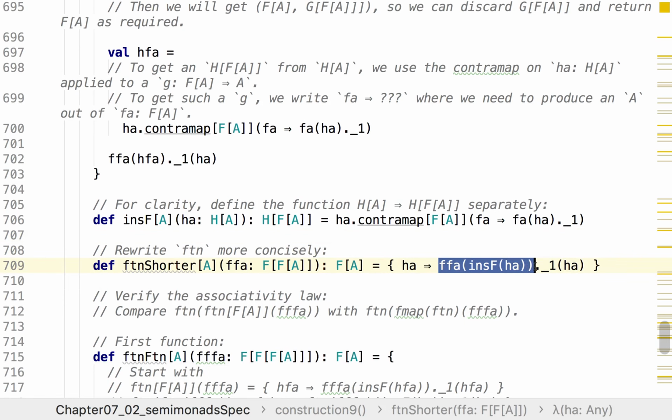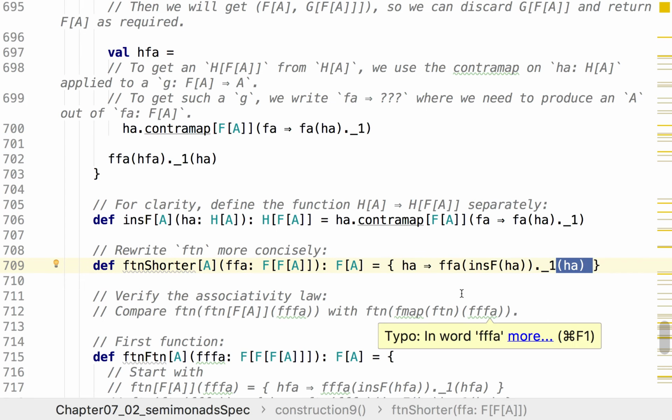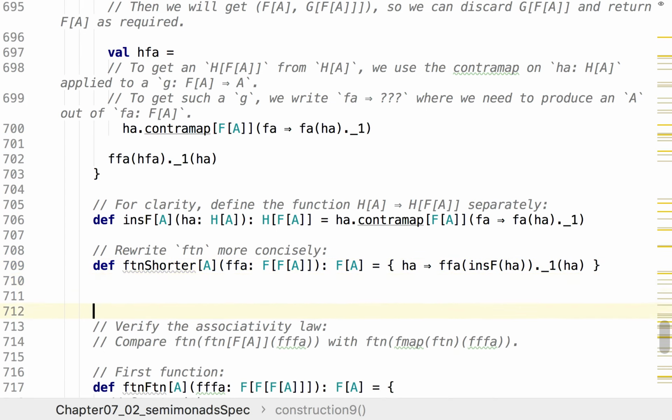For f of a, instead of h of a, I use this. So then it's clear this is a function of HA. So the argument HA is used twice. And because of this, it's hard to rewrite it in a point-free style. Point-free style means we don't write arguments of functions, we just write function compositions. So if we didn't have this application, then I would be able to write it in a point-free style